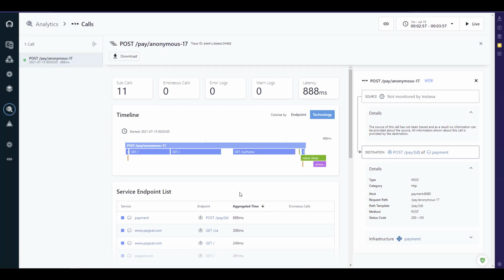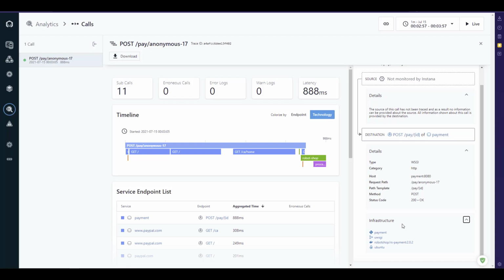So this is what we saw in the last class about tracing. Here you see the trace ID at the top, which is displaying the trace information, and you can see the span. So this is the HTTP call post, and inside the HTTP there are around 11 subcalls. So here you can see the get, again get CA home, robot shop and some process sale. Now again on the right side you can see the source, destination, and if you expand this, the infrastructure, you can see the details.